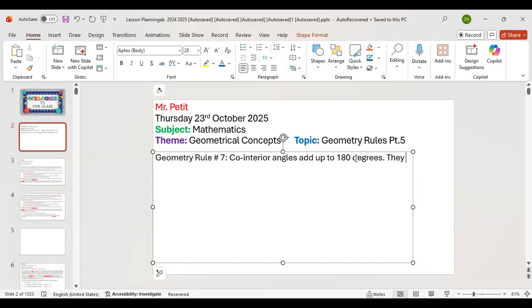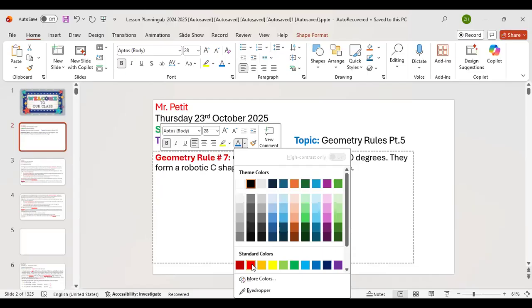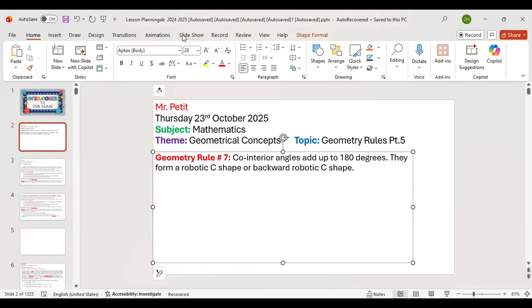They form a C shape. Well, let's do robotic C shape or backward C shape. Robotic C shape. All right, so if we say that these two angles add up to 180 degrees,